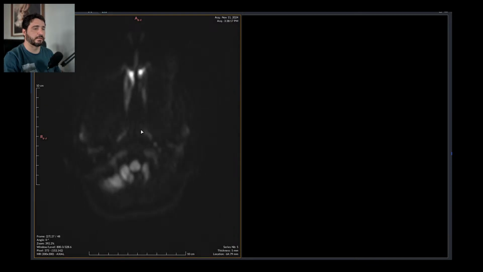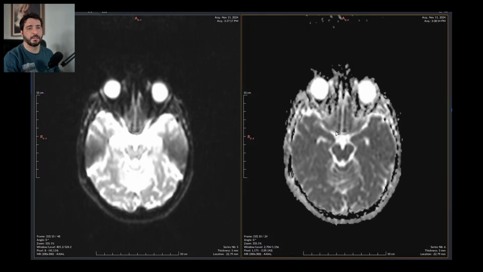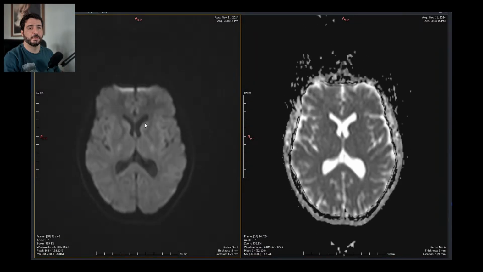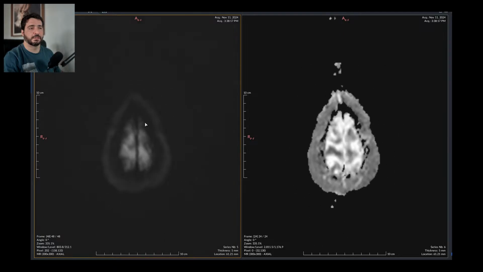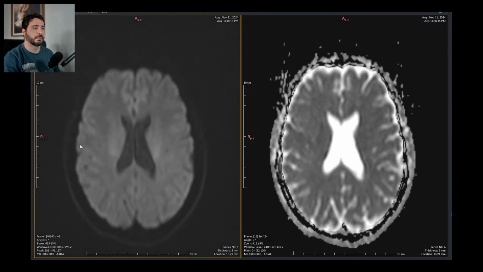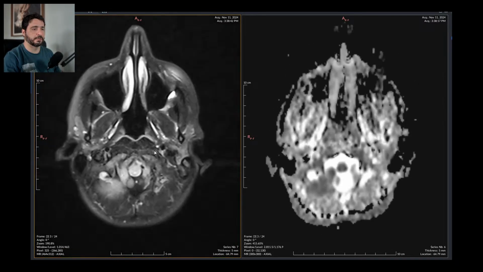This is the diffusion weighted sequence right there. This is the ADC map, so we can compare and look for restricted diffusion lesions. No, it seems fine. I'm pretty sure there are going to be